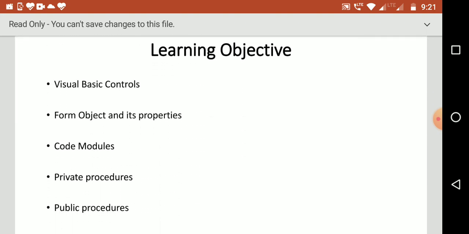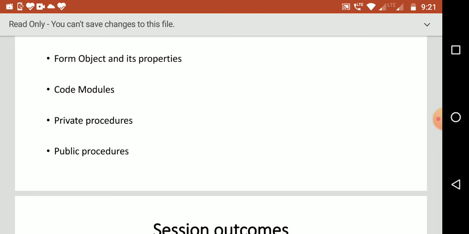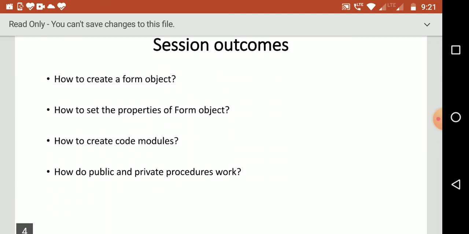So today's objective is, in today's session, we will be learning about the different types of controls of VB, form object and its properties, code modules, private procedures and public procedures. At the end of the session, the students will know how to create a form object and how to set the properties for a form, and how to create the code modules.